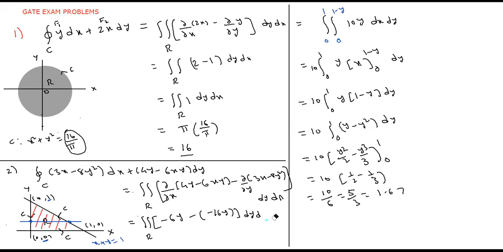Why did we apply Green's theorem? Because it is a simple closed curve in the xy plane. So instead of finding the line integral over each line segment separately, that will take some time to find out 3 line integrals. Instead of that, I can simply evaluate this by using a double integral. Shall I proceed? Okay. So take the next problem.